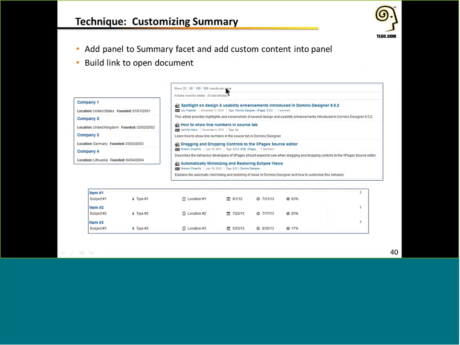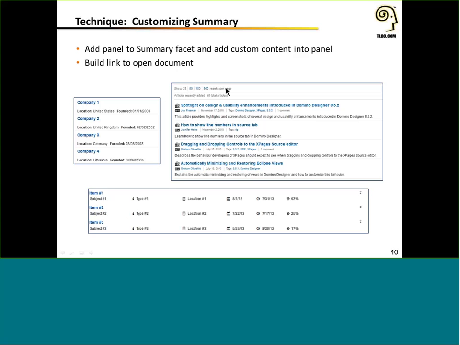So far we've been talking about customizing the details of the data view, but I also want to mention that the summary is a facet as well. If you recall, there is a summary facet in there. In the example early on, we showed how you would just set the summary up to a single column, and that's fine, but be aware that you can also customize the summary too, so you have all this flexibility there as well.